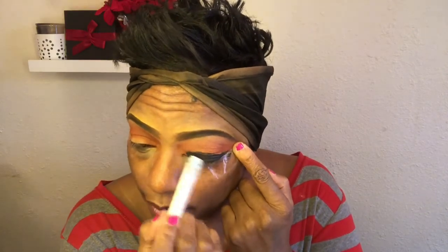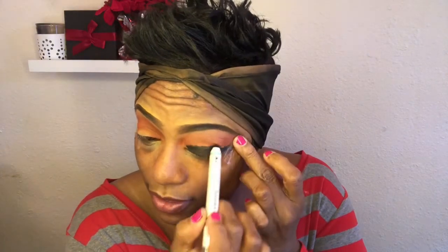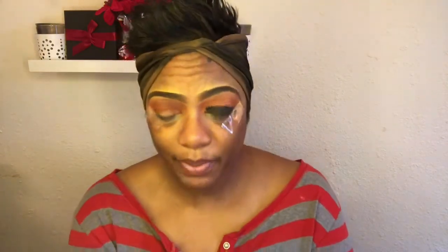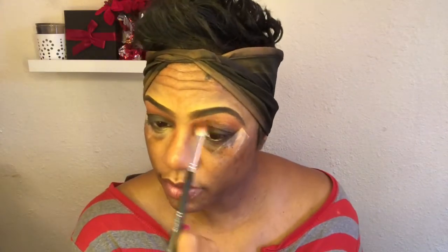So since we don't have a black, let's create it. We're gonna kind of cheat a little bit, but we didn't go into another palette. We just pulled out our lovely pencil. So yay. Make sure you go back in with your second transition shade and get the top of that blended out. The shade I'm talking about is Zulu. So go back in with a little bit of Zulu on that little taper brush and just blend out the